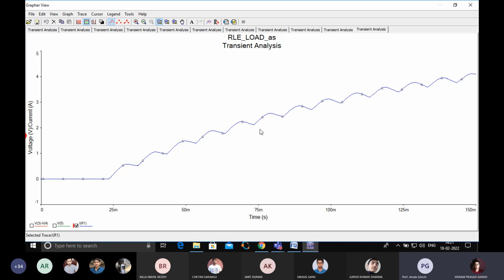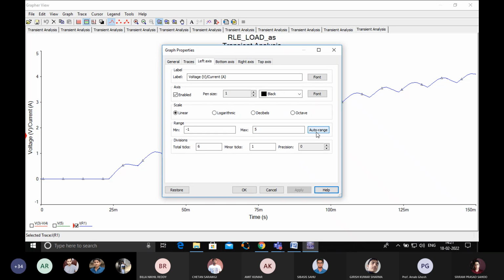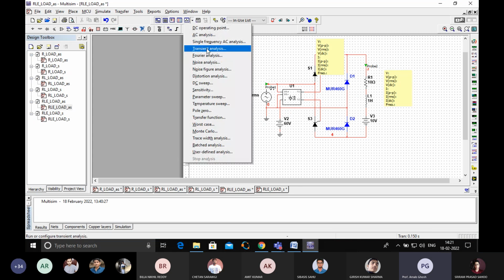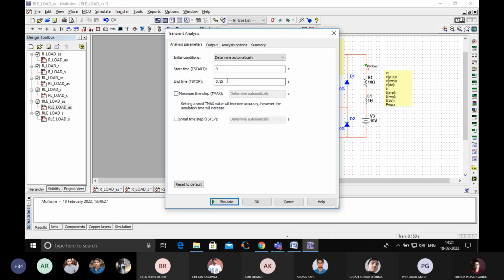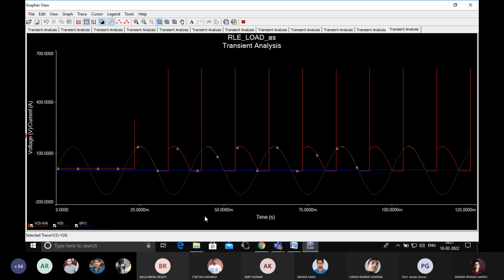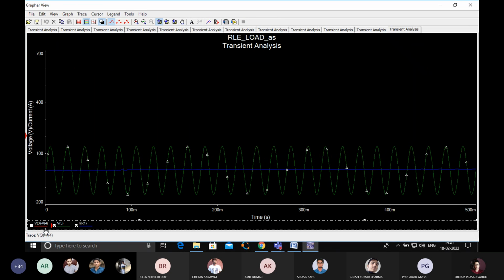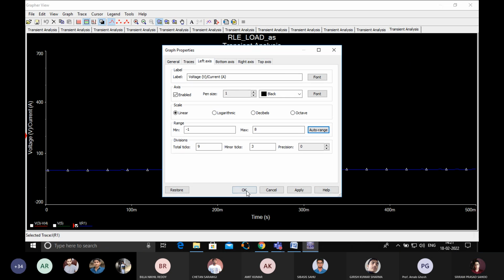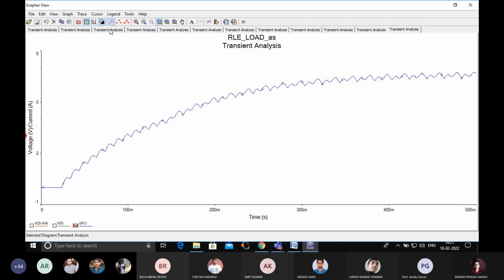This is the current graph. Sir, make it auto here. Yes, sir, I have already done that. But steady state, it's not coming. Steady state. So should I increase the? Aha, you change the time span. I think so. Yes, sir, it is entering steady state around here.